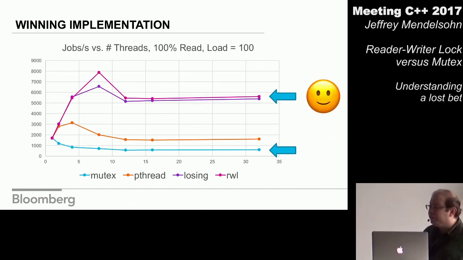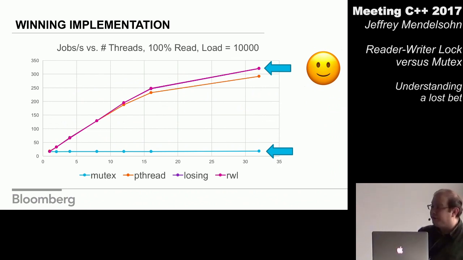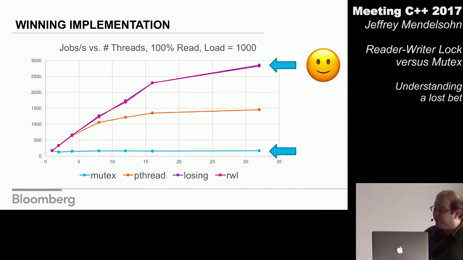Can you say what you just changed again? I didn't get it. What did you do? So from here, which is an extremely long hold time for the lock, we decreased the hold time by a factor of 10. Reduced the load by a factor of 10. So hold and load is the same thing? Yes. Okay. I apologize for not repeating the question again.